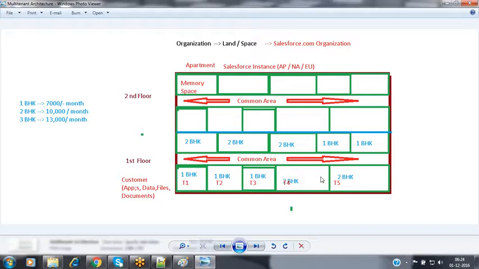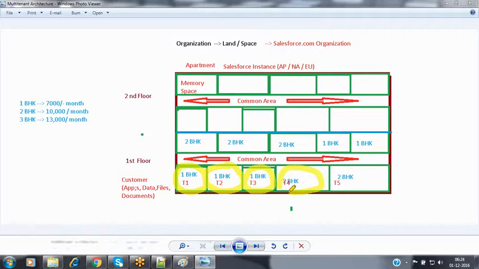Salesforce is going to allocate the memory space for each and every customer inside the same server. Now this server may be the Asia Pacific region server, it may be North America region or the EU region. So whenever a new customer is created or added to Salesforce, it is going to allocate some amount of memory here. Now this is the amount of memory it will allocate for each customer. For the second customer, one more person who has created a Salesforce account, it is allocating some amount of memory. Another customer using the Salesforce services gets some more memory.